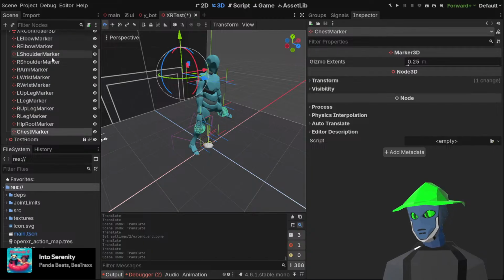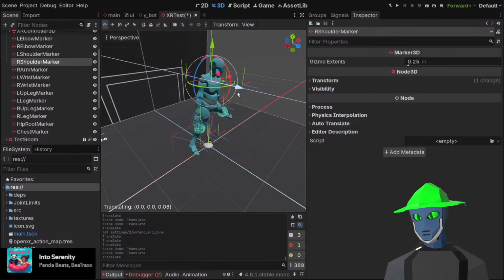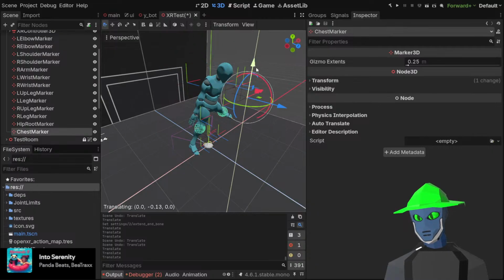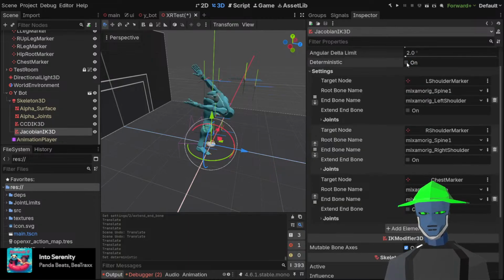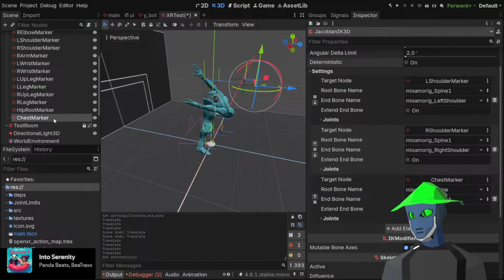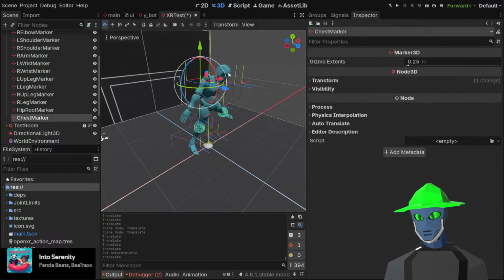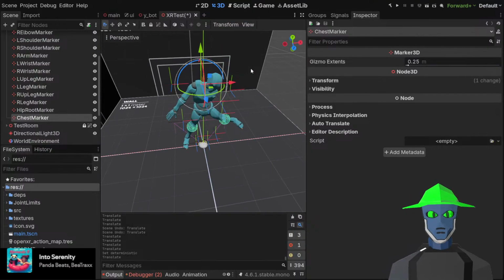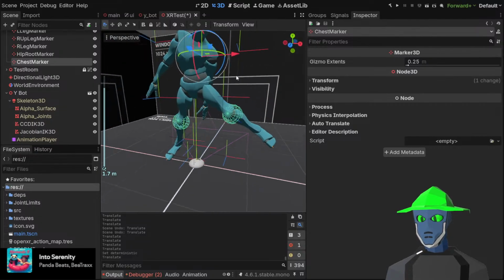Is it because I changed the shoulder trackers? Up. Shoulder. Up. Chest. Up. Maybe. Oh no, because I added deterministic. Yeah, there's still a lot of limits and a lot of figuring out which one of these IK I should be using, but in general,